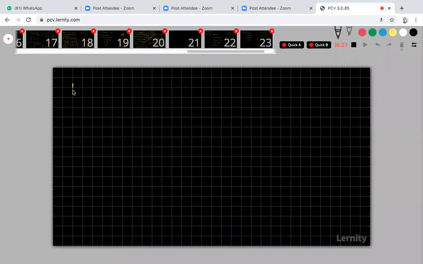Tan 19 pi by 3, now only I am writing. This question previously I gave to you. Okay, this is another question. Find the value of tan 19 pi by 3. So many students completed this problem. Those who have not completed, please take it. Your tan 19 pi by 3 can be written as 18 pi by 3 plus pi by 3. So therefore this is tan of 18 pi by 3, which means 6 pi plus pi by 3.